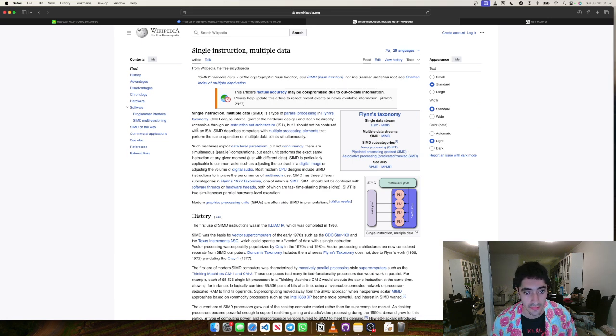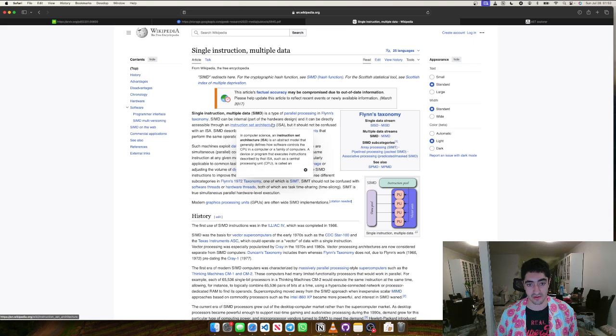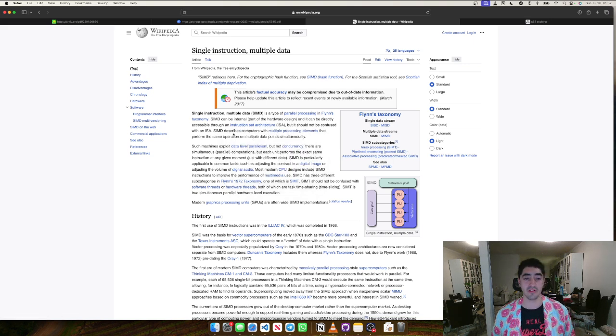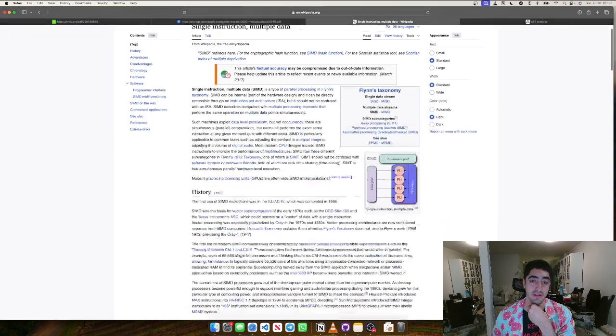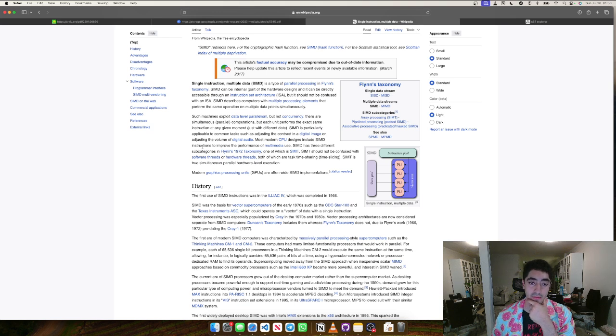It can be directly accessible through an instruction set architecture, but should not be confused with an ISA itself, the instruction set architecture. SIMD describes computers with multiple processing elements that perform the same operation on multiple data points simultaneously. Such machines exploit data level parallelism but not concurrency. There are simultaneous parallel computations, but each unit performs the exact same instruction at any given moment, just with different